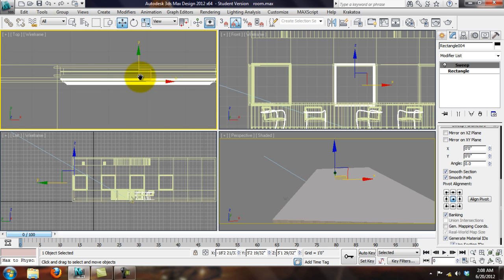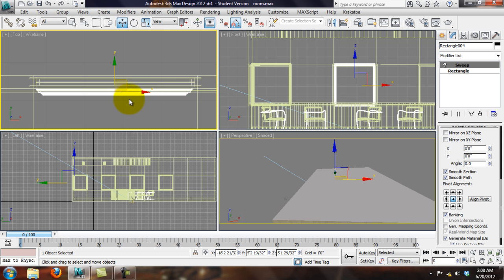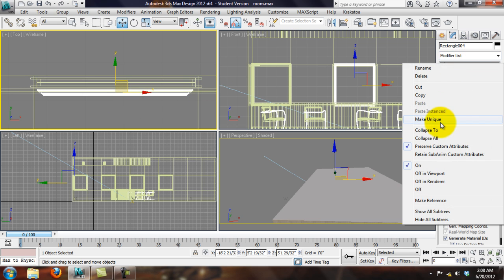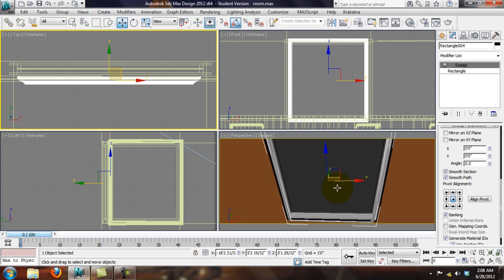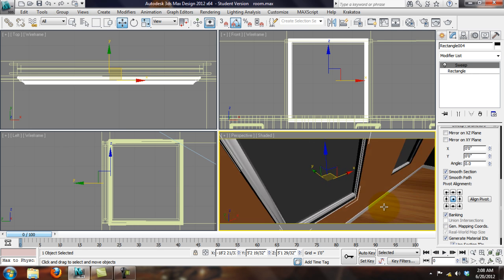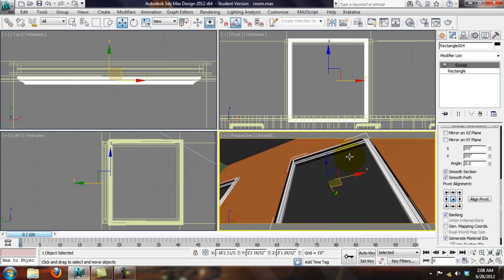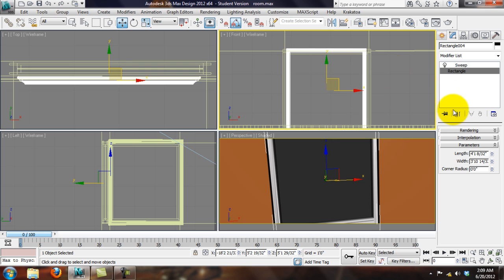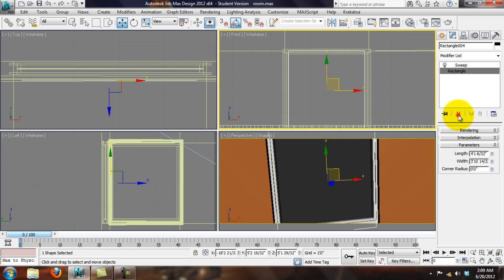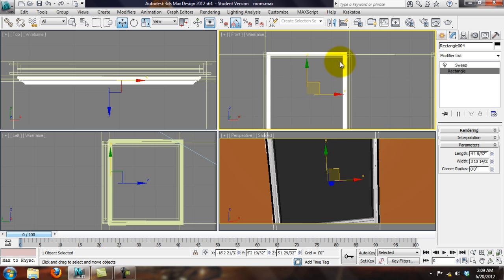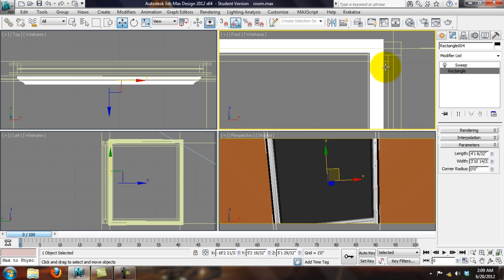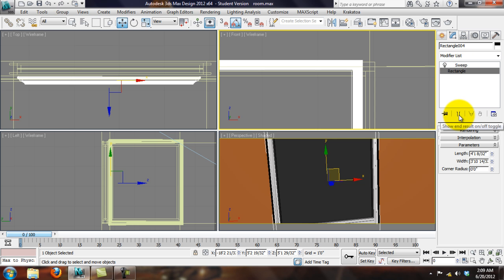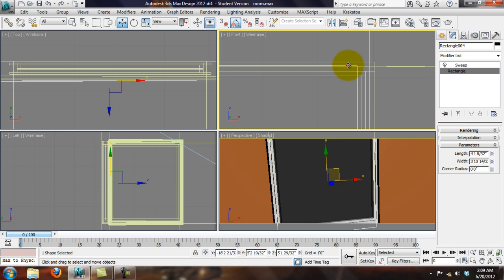Okay, so these windows are going to be a little bit bigger, so I probably shouldn't have made it the same size. So what I'm going to have to do is make unique to break that. Hit Z so I can zoom in again. So you can see the frame's not quite big enough, so I'll take a step back to my rectangle here. And if you'll notice, this was on because the model I was working on earlier, I wanted to keep it on. So this shows the sweep even though I have the rectangle selected. If that happens, you need to turn off the show end result toggle, and that'll take you back to your line. That turns that on and off, and